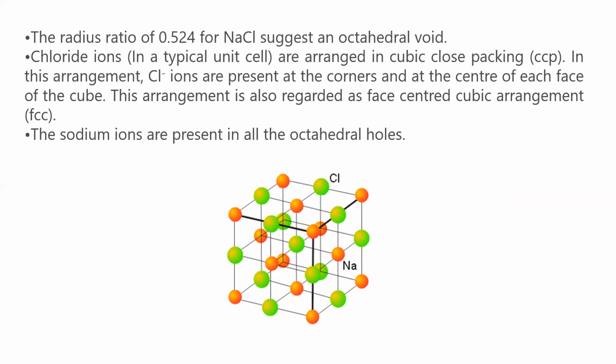They'll ask questions in the examination based on this: which positions do the sodium ions occupy, and which positions do the chlorine ions occupy. So for sodium chloride, the sodium ion occupies octahedral holes and the chlorine ions occupy the center of each face of the cube and also the corners. So this is called the sodium chloride structure. Here it is clear, I hope.